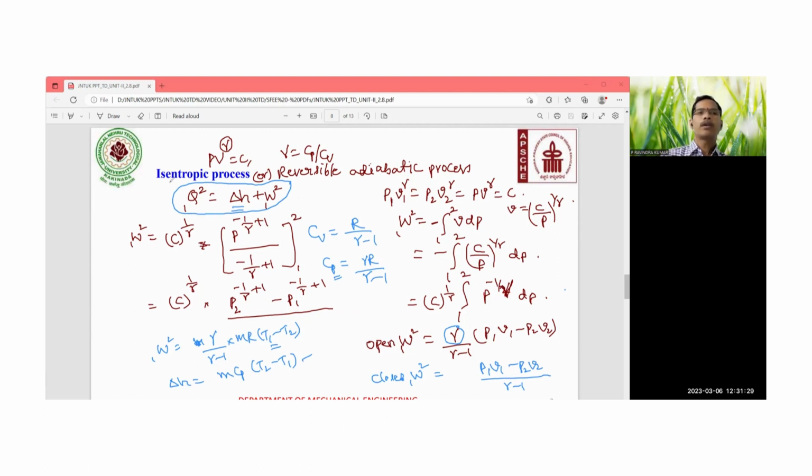Isentropic means entropy remains constant. That is something the student has to understand. And drawing the PV plane is also important. You should not forget drawing the PV plane. So the isentropic process,